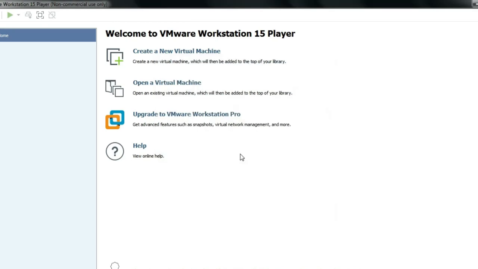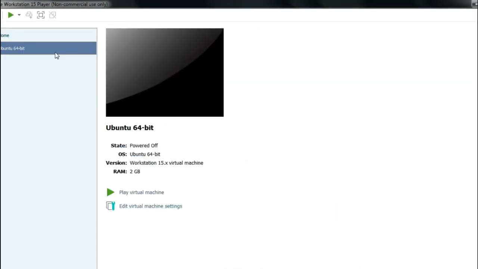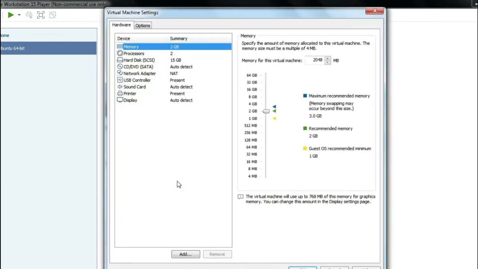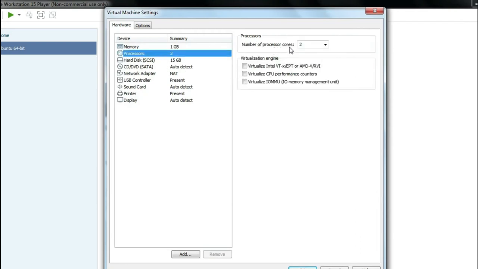Once you click Finish, you can see this particular page and, on the left-hand side, the Ubuntu 64-bit machine that you have created. Then you can click Edit Virtual Machine Settings and go through the memory. I'm going to set it to 1 GB, and here you can see all the recommended memory. I'm going to set one processor.